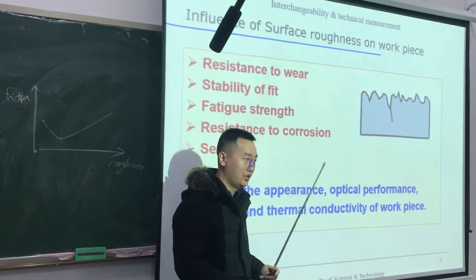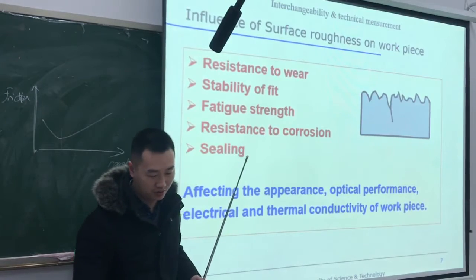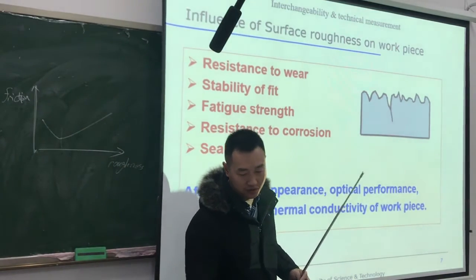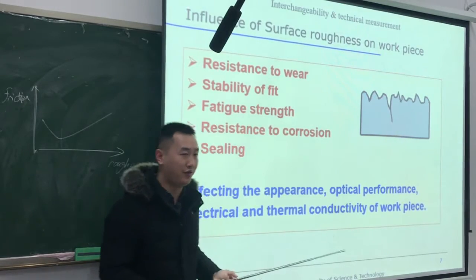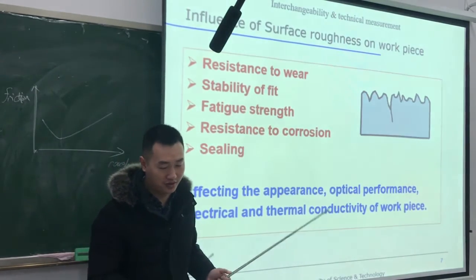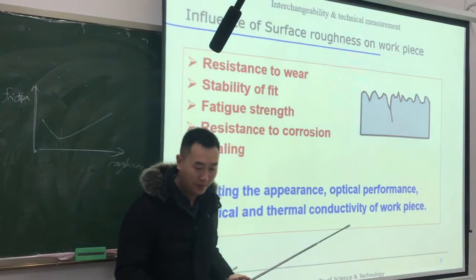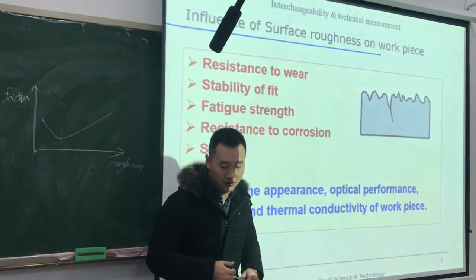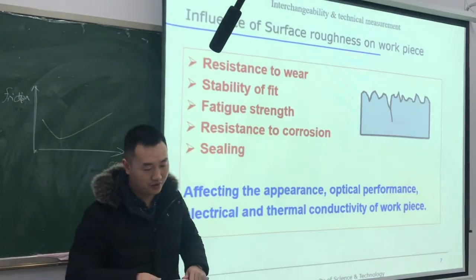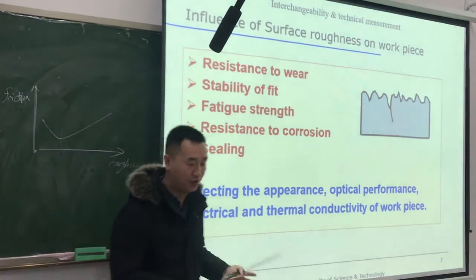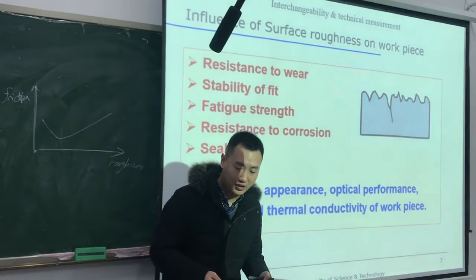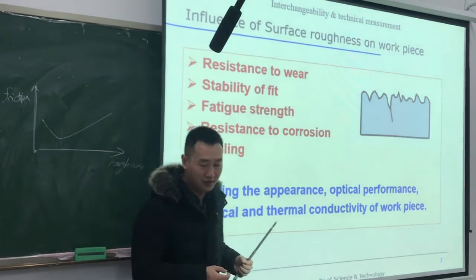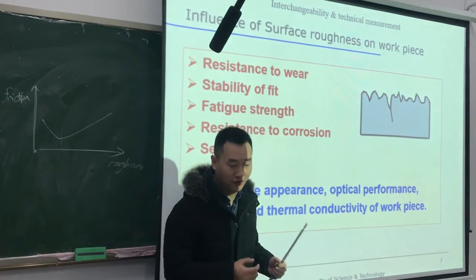We have learned the fits in chapter 2, and we know there are different types of fits, for example, the clearance fit, the transition fit, and the interference fit. If the fit type for two workpieces is the interference fit,